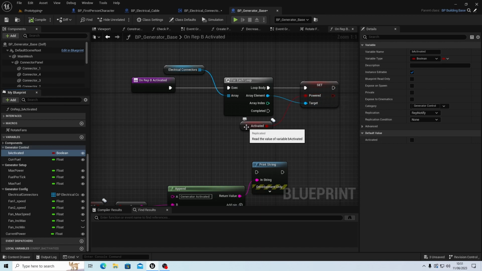Okay, so all we've done here now is we've used this variable to determine whether it's powered or not, because that's basically what it is. When the generator is activated, it's generating power. When it runs out of fuel or you switch it off, it's deactivated, it's not generating power. It's as simple as you can get. So we're using a notified variable called be activated, rep notify, don't need to change the replication condition, and any code that modifies this will fire this function. Yeah. So now we can detect all of that within the electrical connector,